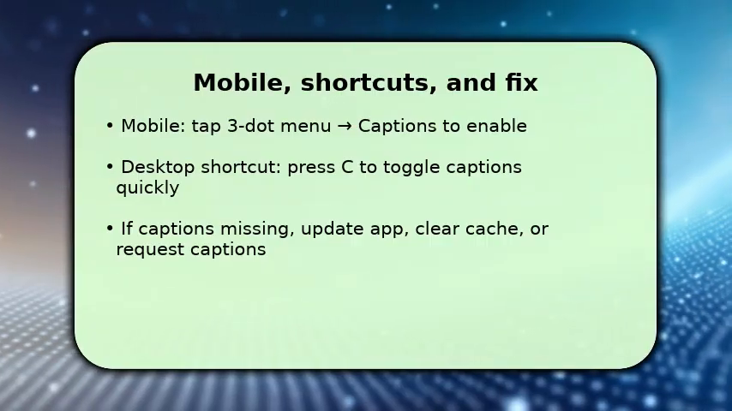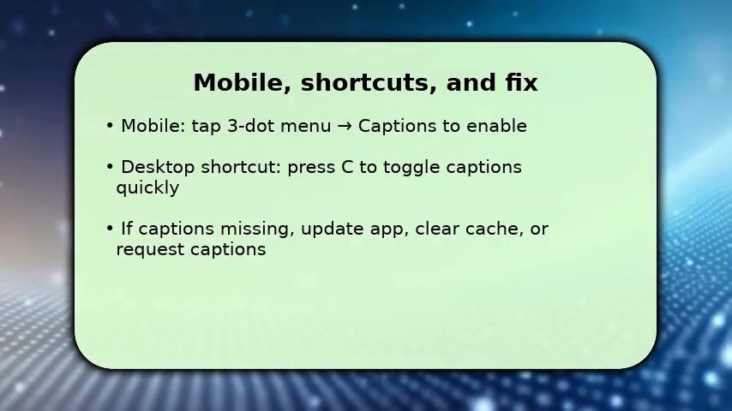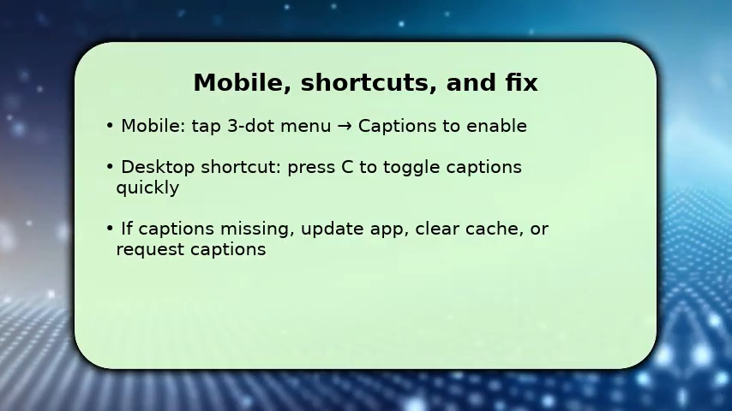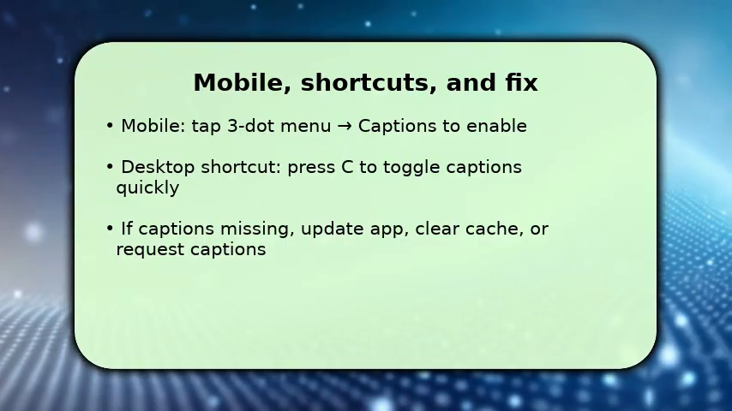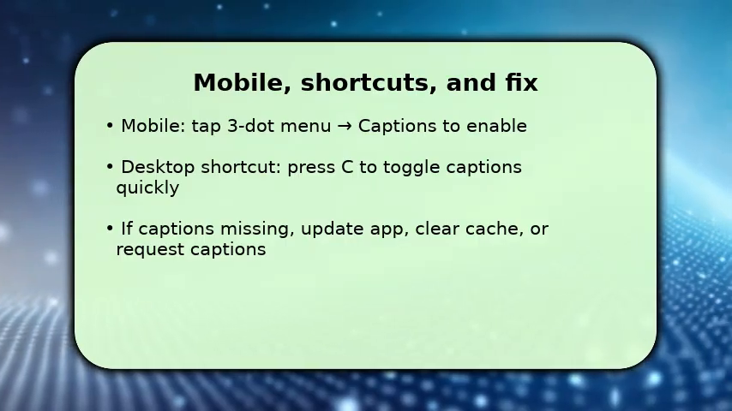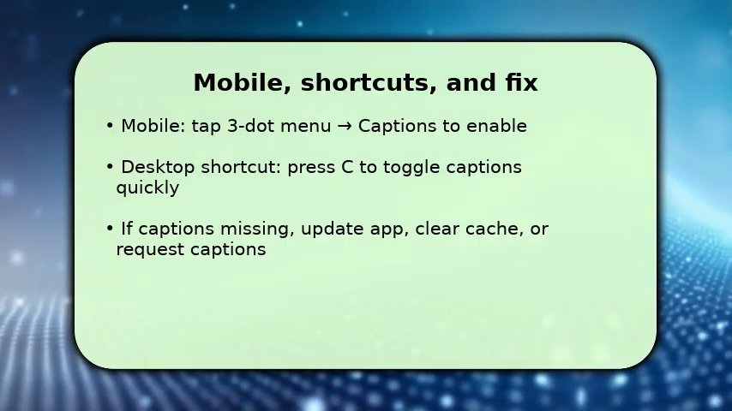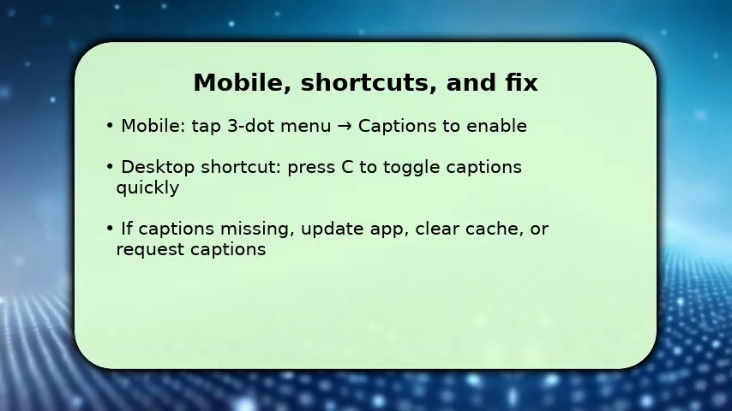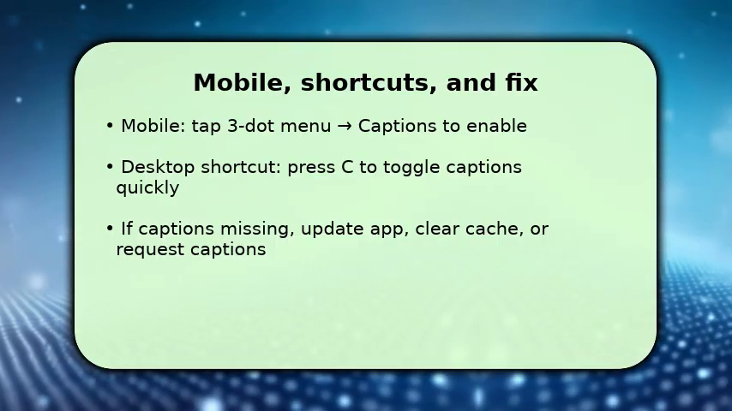If captions aren't available, that usually means the creator didn't add them or auto captions are off for that video. In that case, update the YouTube app, clear cache, or reload the page first. If problems persist, make sure your device accessibility captions aren't conflicting, and consider requesting subtitles from the creator or using